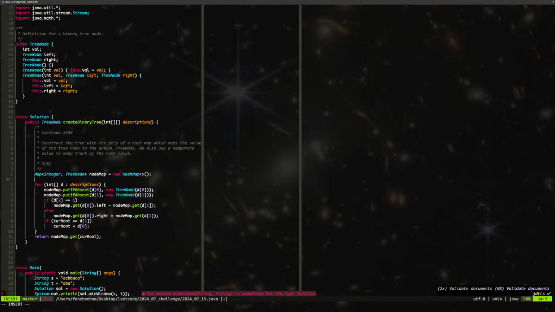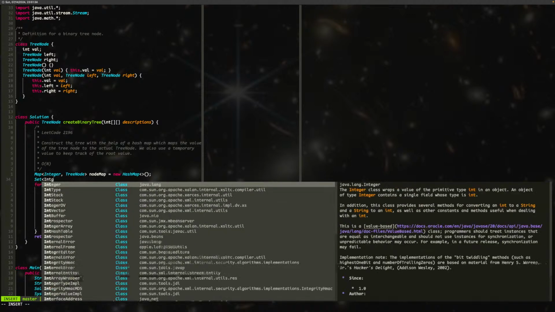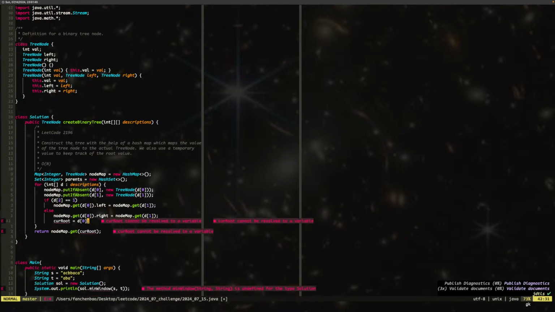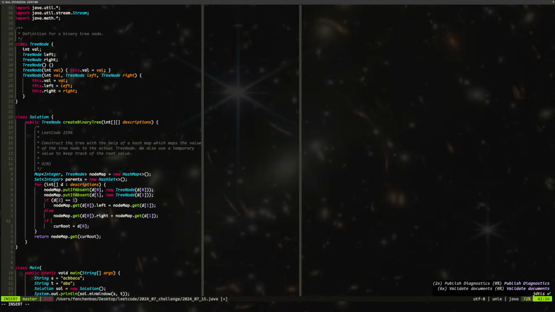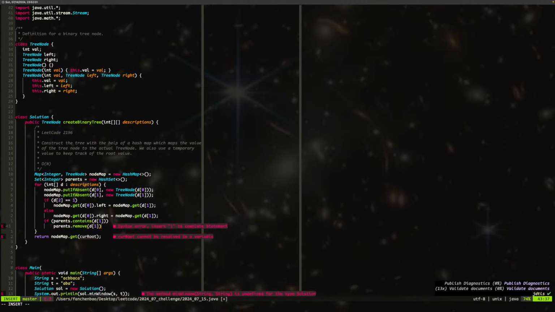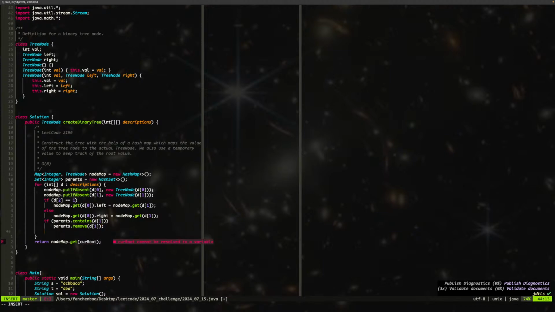So I'll say set integer parents. Then we say if parents dot contains d1, parents dot remove d1, because d1 is a child, and parents dot add d0, and at the end,